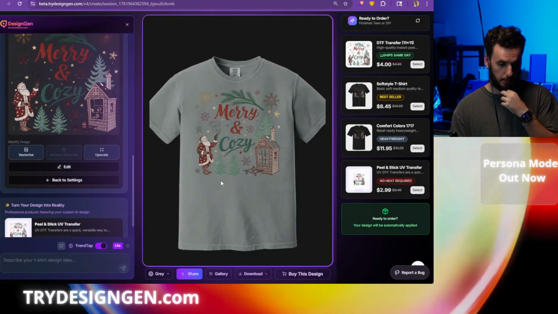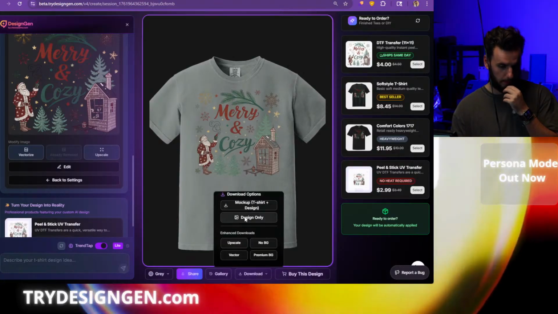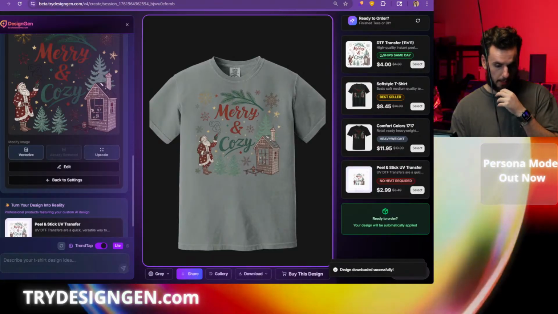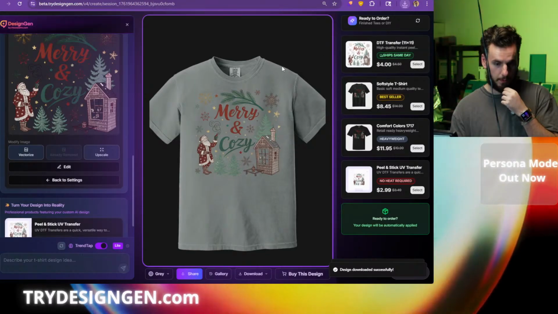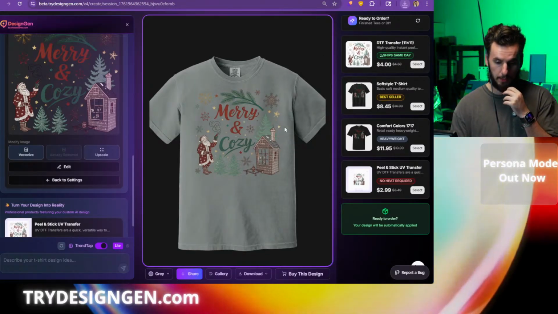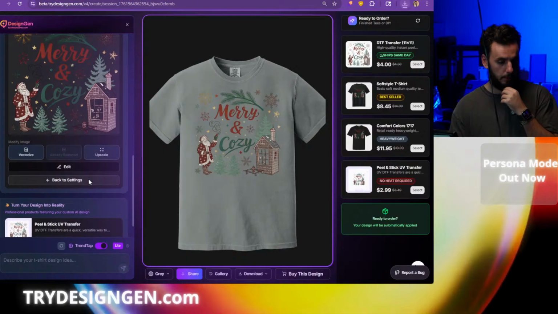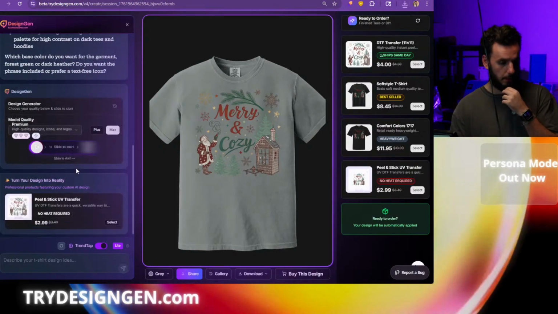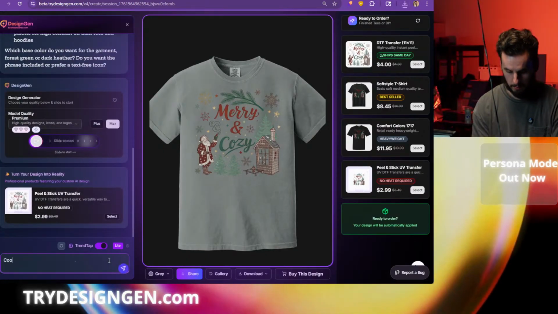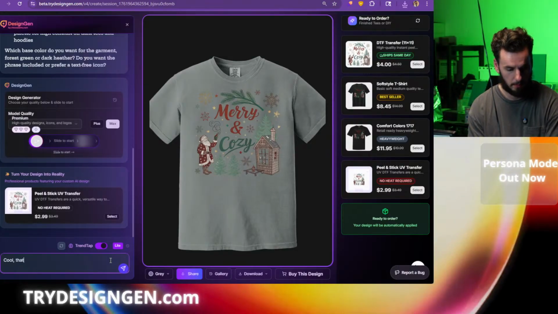All right, though. I like this one, though. This is good. This is good for sure. So I'm going to download this, and this is going to be the first design that we use in our collection. I like this one for sure. Let's go ahead, though. Let's say